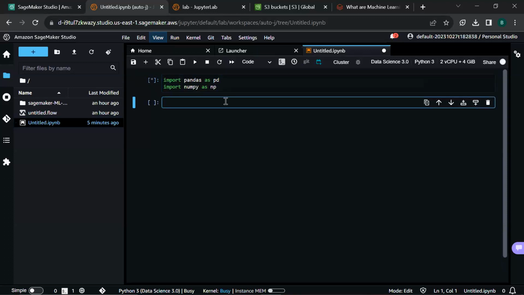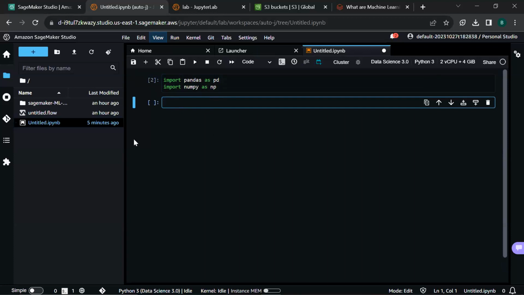And then when we run, it is going to work just normally. And we did not install it because it came pre-installed. So we are not going to write the codes from scratch. I just wanted you to know how you can open SageMaker and then create a new notebook.